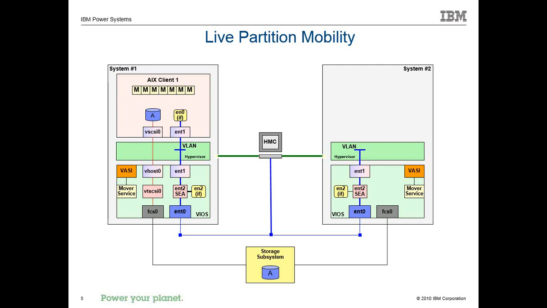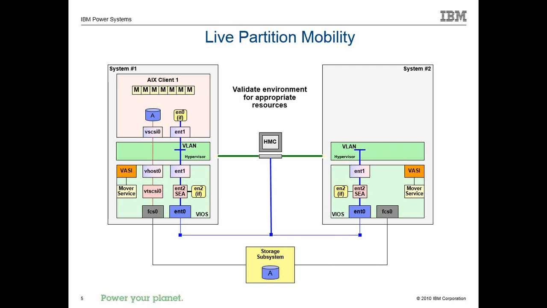So you do your LPM operations from the HMC. If I hit enter here, it says what's going to happen when we start this. We're going to validate that you have the appropriate resources in the environment. On the left, we have a client that has 7 gigabytes of memory. If we're going to move it to the system on the right, it needs to have 7 gigabytes of free memory. I'm using 4 CPUs for this LPAR, so I need to have 4 available CPUs on the right.